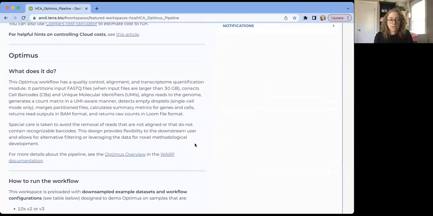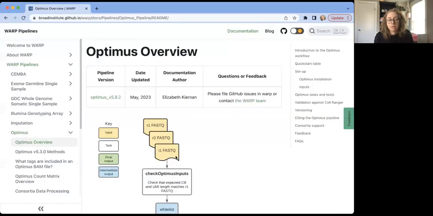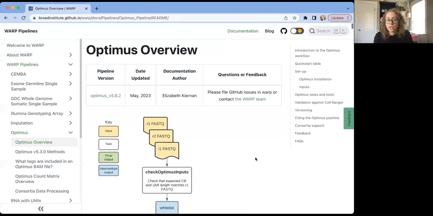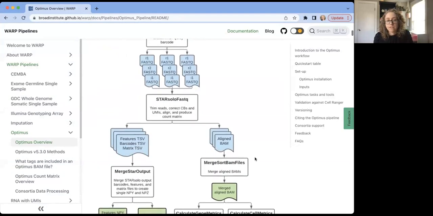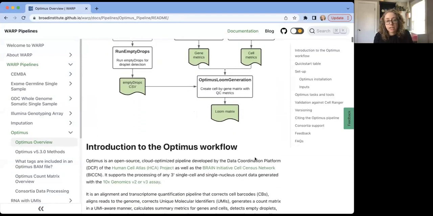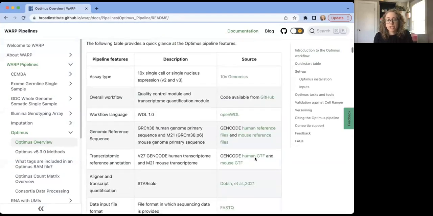Importantly, on all of these dashboards, we have a link to the documentation site that Liz showed. So if I click on this for more details about the pipeline, see the Optimus overview in the Warp documentation. So if I click on this Optimus overview here, that's going to take me right to this documentation site, to this overview document for this pipeline, where you can see even more information than what will be on the workspace dashboard, right? So we have the diagram of what's actually happening in the workflow, descriptions,